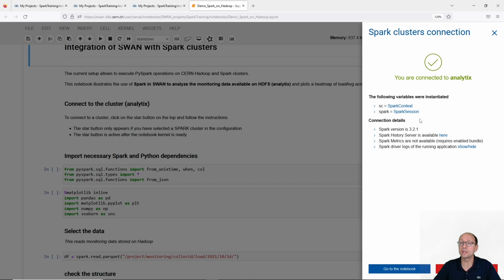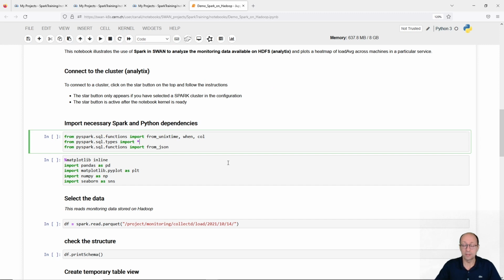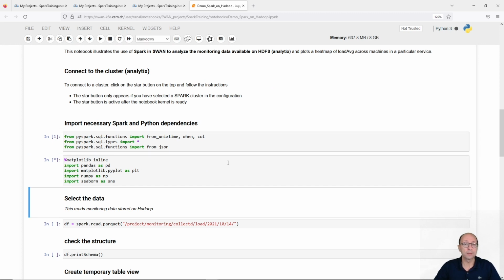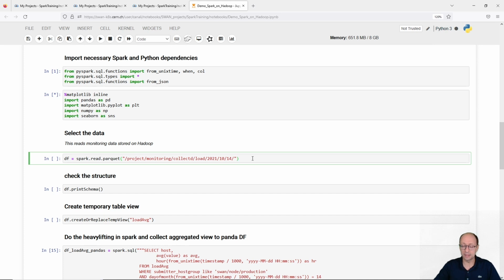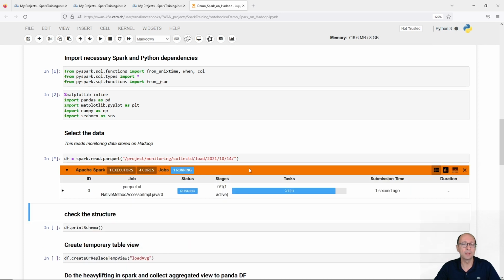Okay, we have our Spark session. Here we can see the Spark version, and the Spark History Server link is also available. Okay, let's go back to the notebook. We just need to run some imports, and then we define a data frame reading monitoring data that is stored in this Hadoop cluster at this particular path. What pops up now is the Spark monitor,